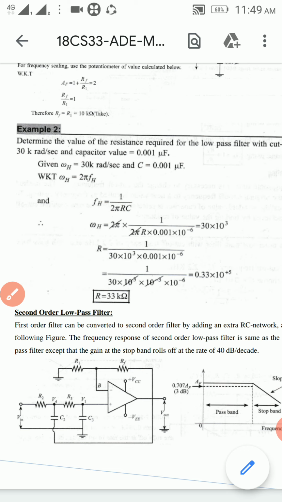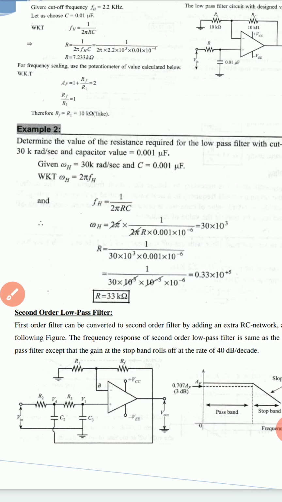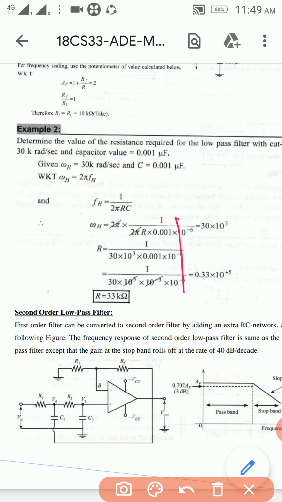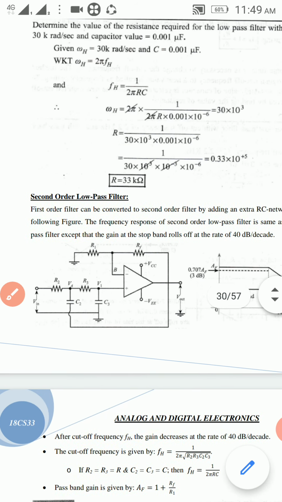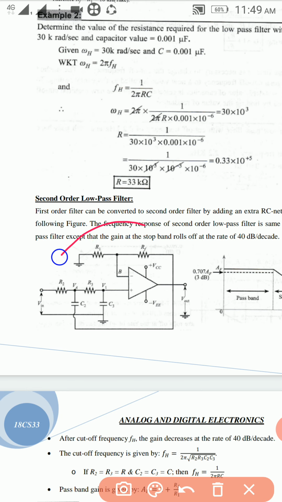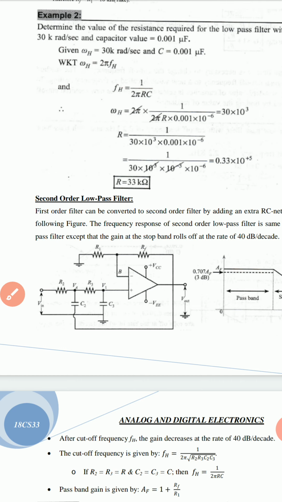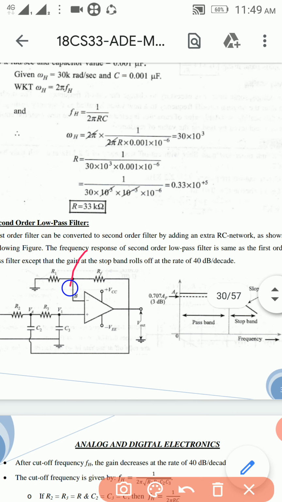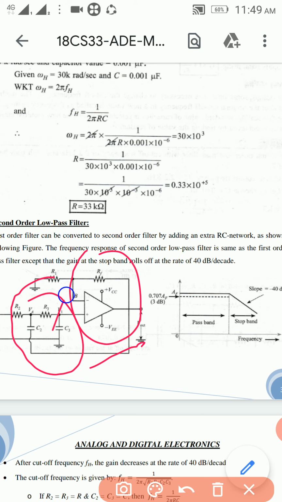Okay, second order low pass filter. What will happen in the second order low pass filter? Just see here. Second order low pass filter, same diagram, with this operational amplifier I am adding two RC networks. One RC will be there first for the first order, and again one more RC I am using. This is a second order low pass filter. Both of these give the low frequency path to the non-inverting terminal, which is connected to the operational amplifier.